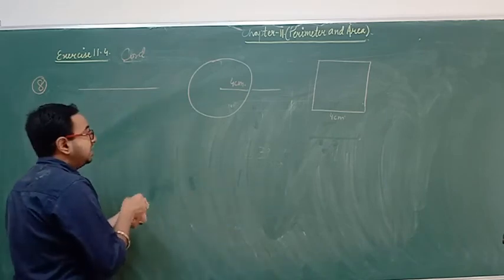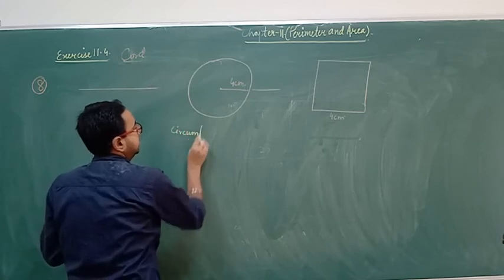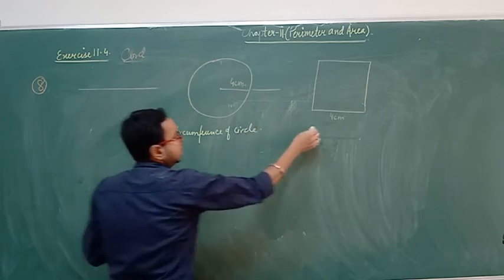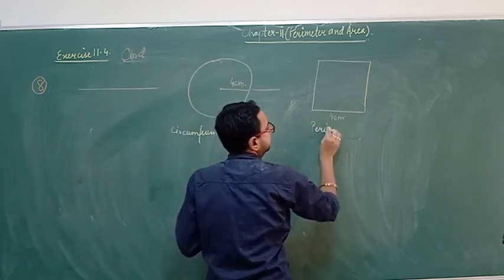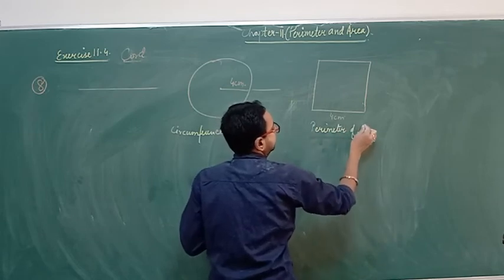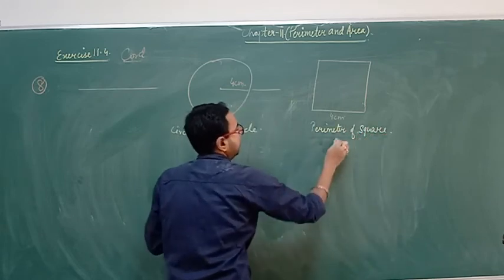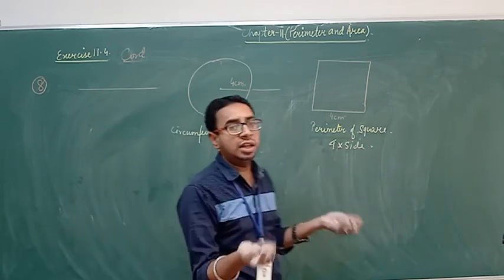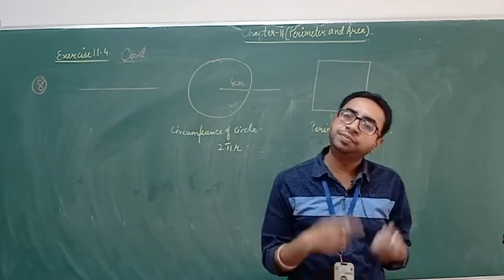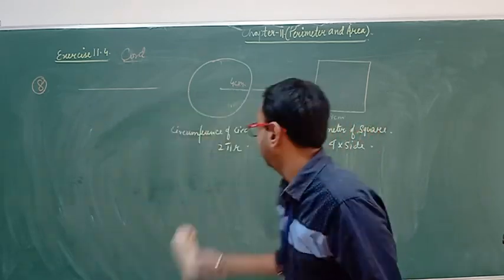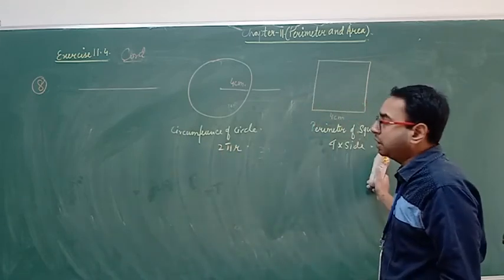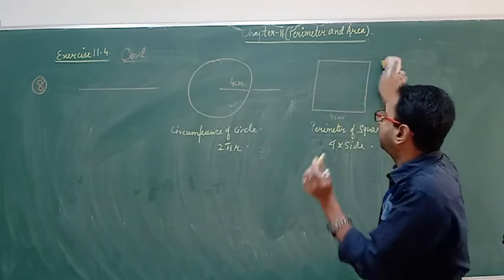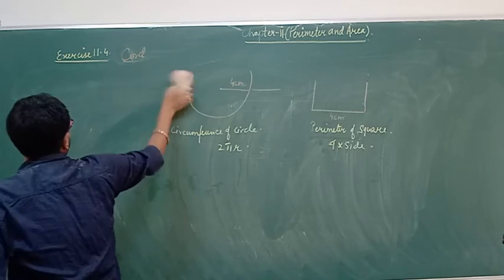Question is, is any part of the wire left? So what will you do? Very easy question. You will find the circumference of a circle, because wrapping is always done on what? Boundary. So you will find the perimeter of a circle, 2 pi r, and you will subtract the perimeter of a square, 4 into side. If you are getting any answer, that is the leftover. Clear with the question? Any doubt? Very easy. Find the circumference of the circle, perimeter of the square, subtract the perimeter of the square from the circumference of the circle. That is the leftover. Question number 9. Very easy.